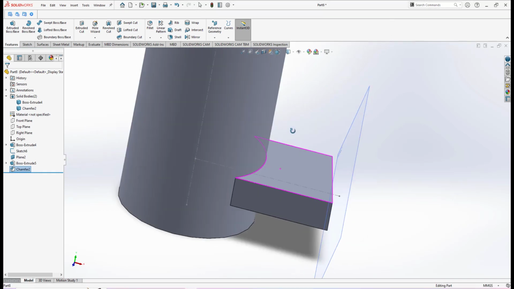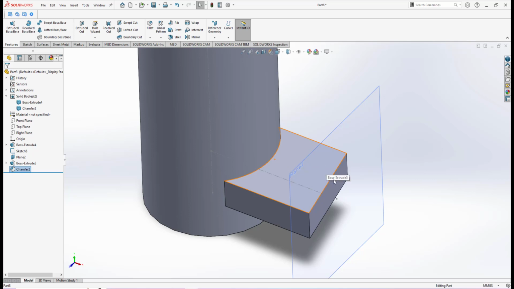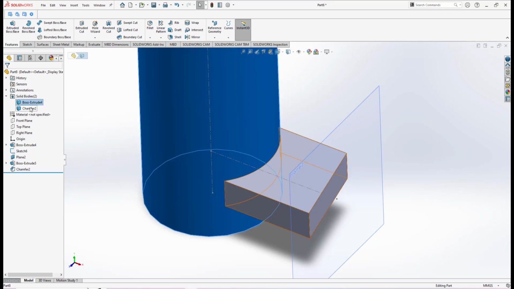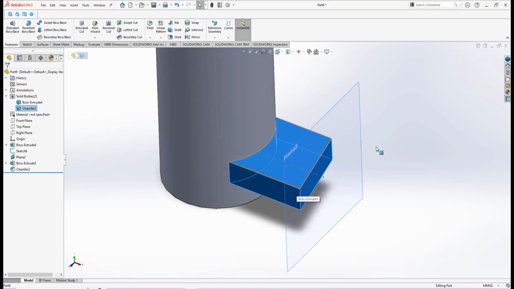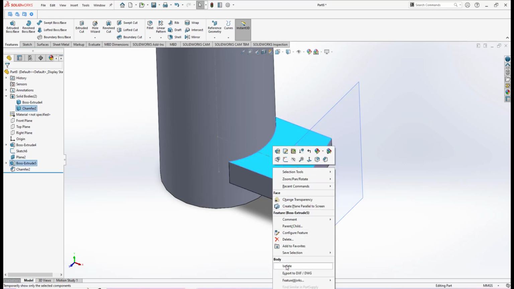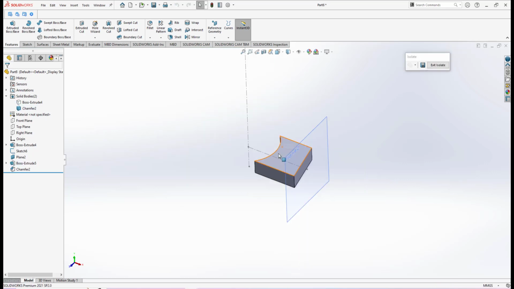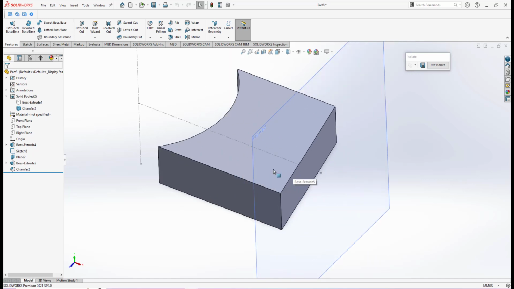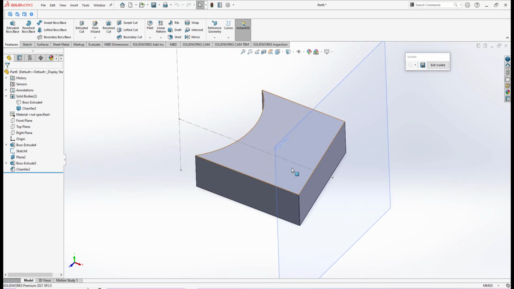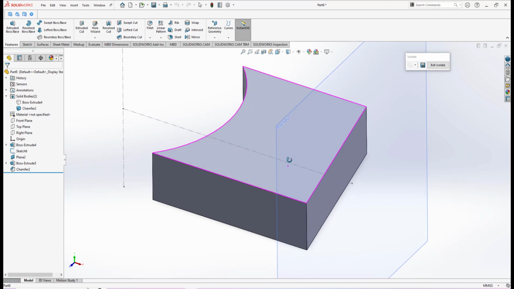Okay, just to show you, since I've already extruded this arm up to the surface, I unchecked the merge result, so we have 2 separate bodies. If you see here, one is the shaft and this one is the arm. Better I isolate the arm from the shaft